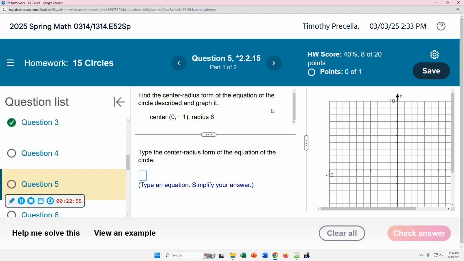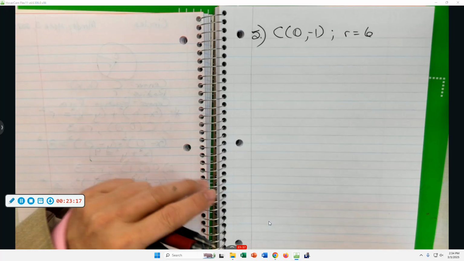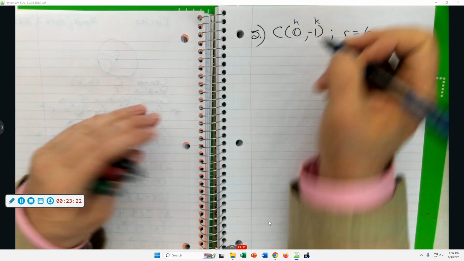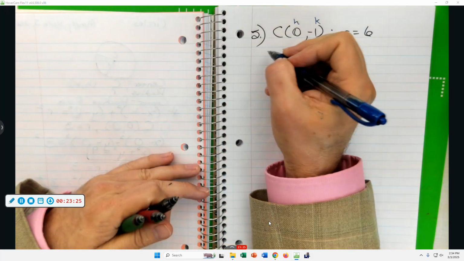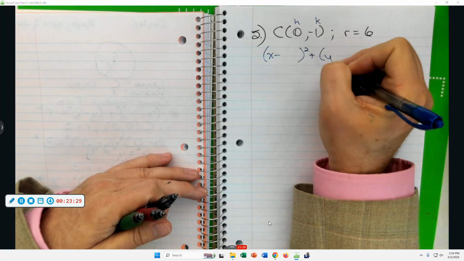Okay. Same instructions. We want to write the center-radius form and draw the graph. The center is at 0, negative 1. The radius is 6. But it's the same old thing. Realize that 0 is acting as our h and negative 1 is acting as our k. So we have x minus, y minus,